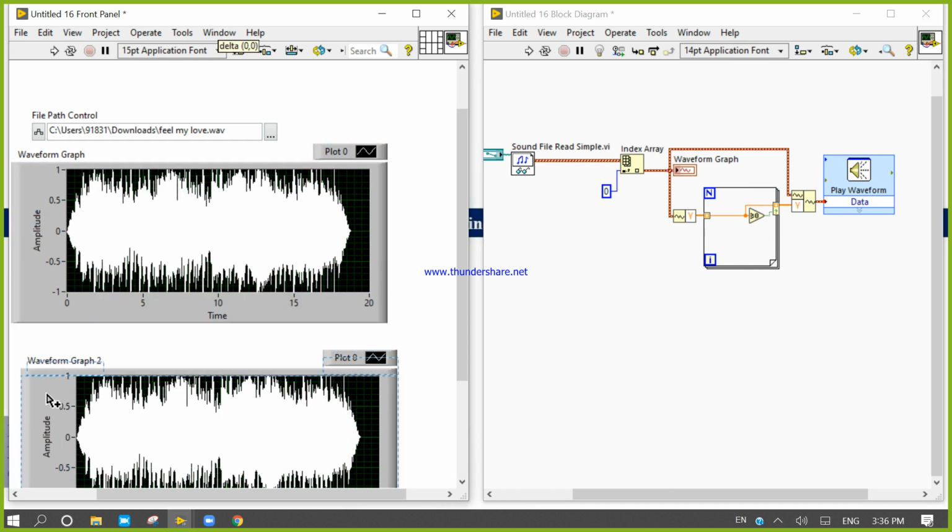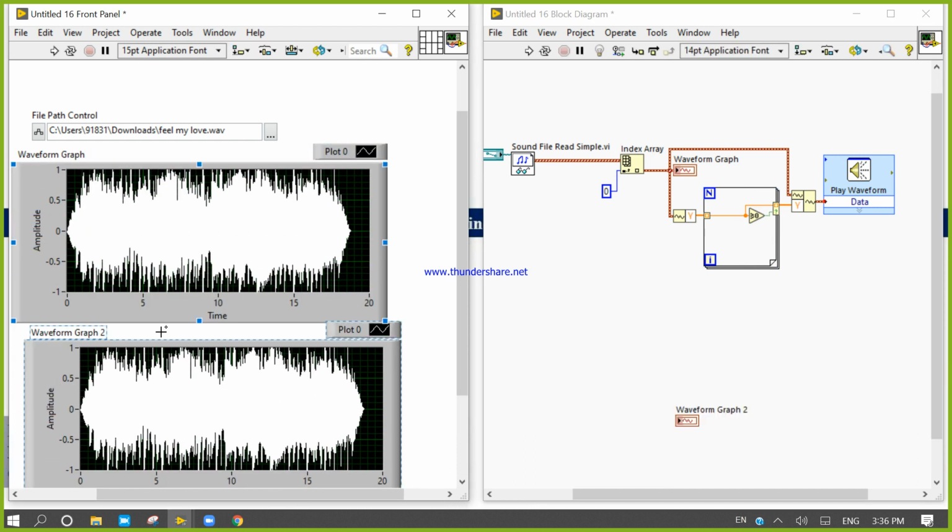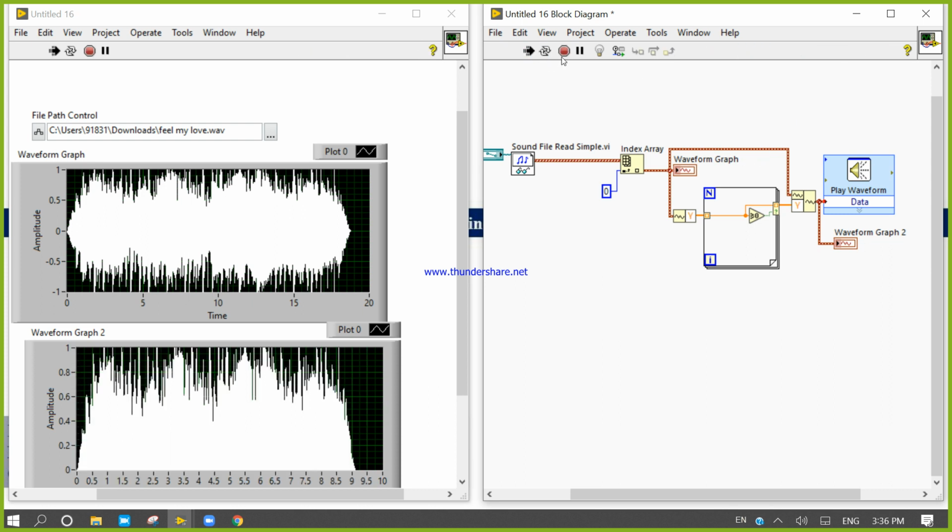Let's see the second graph of our signal. That will be just half of this signal. Look at here. It's just half of this signal. Okay, this 18.7 is 9 point something.